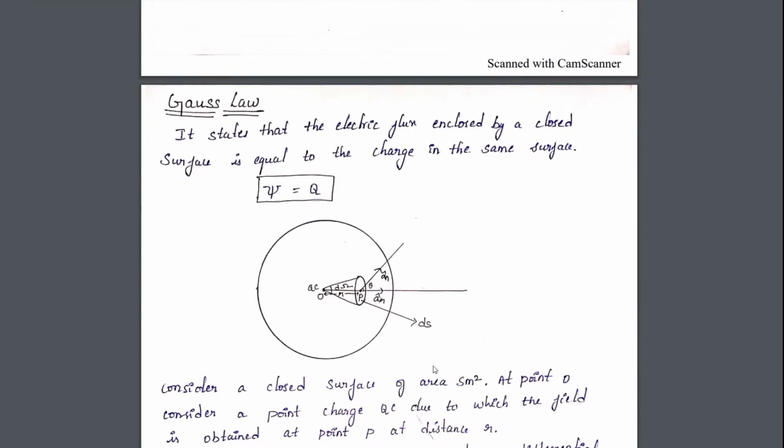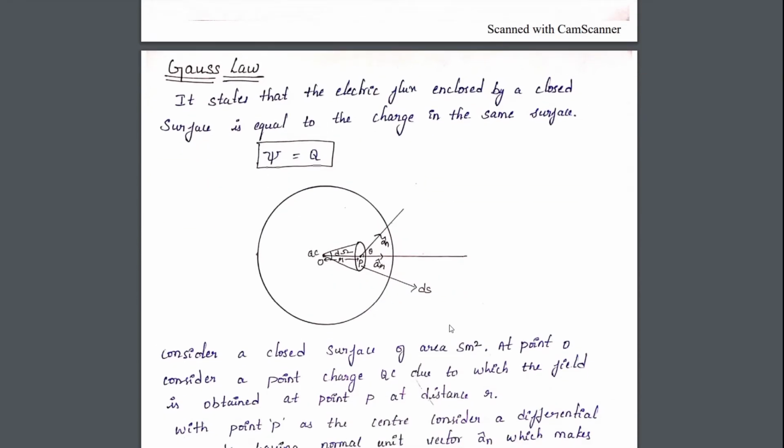Next, a very important law is the Gauss law. So this is the second law we are studying. First we studied Coulomb's law and this is Gauss law. So all of you have written the assignment. What are the applications of Gauss law? So you'll be knowing it. Now what is this used for?